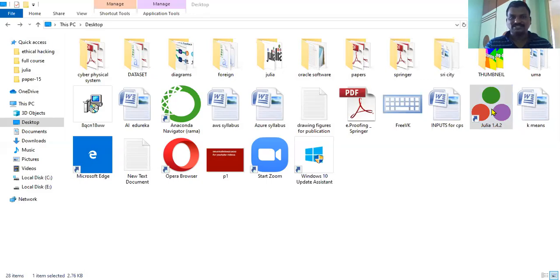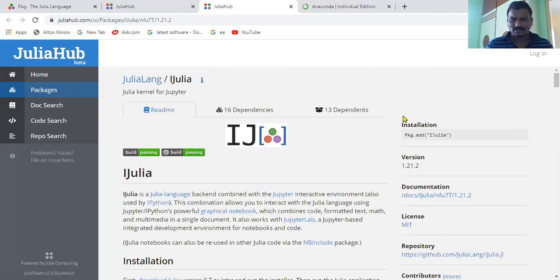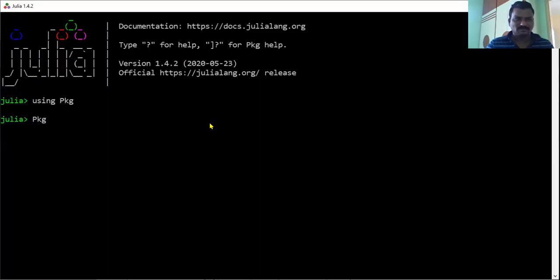With the help of Pkg.add, verify the command-related information. The installation process is Pkg.add("iJulia"). That is the command. Use that command and execute it. Better to add this command, then press enter, and you will get a result. Okay, thank you.